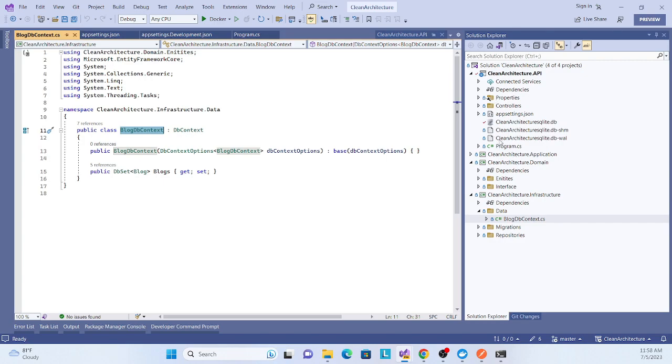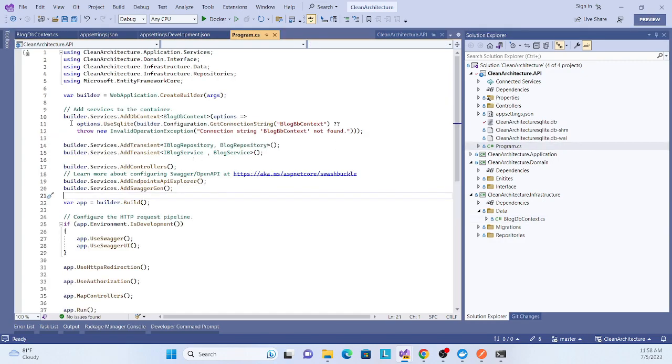Because if you go here, see, we are using SQLite. So whatever model we have, first we have to migrate and push the schema to our database. That is missing. So how can we fix it?